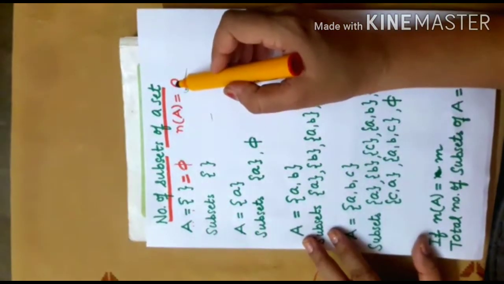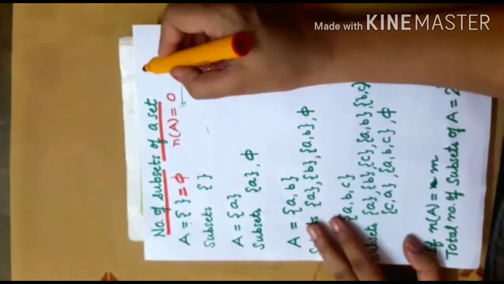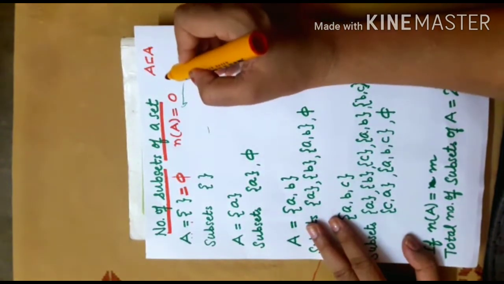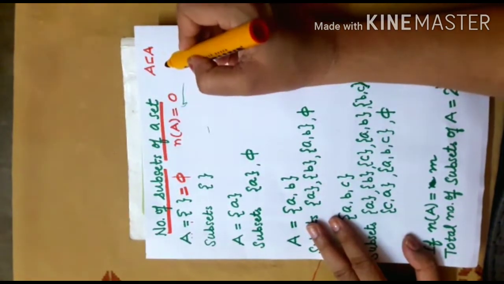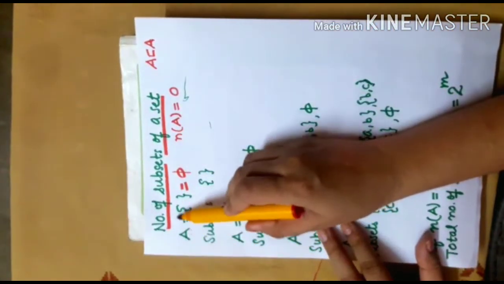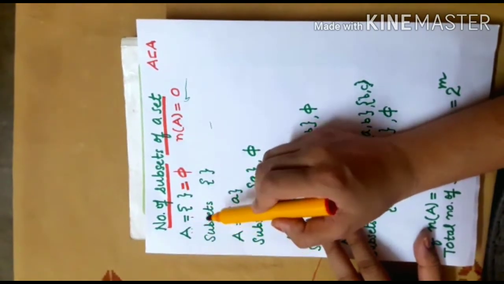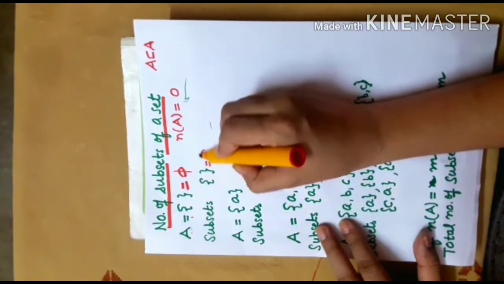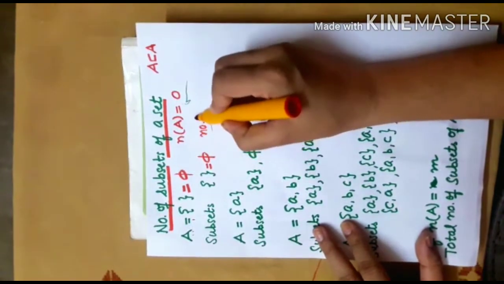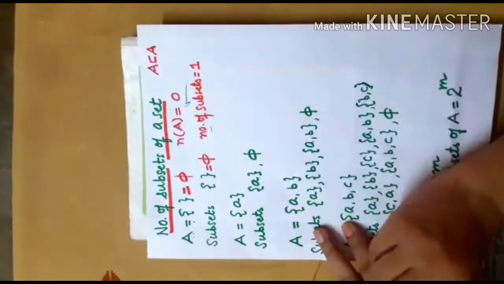We have learned that every set is a subset of itself. That means here A will be a subset of A, and we also learned that the empty set is a subset of every set. So because here A itself is the empty set, this set A will have only one subset, namely the empty set, that is phi. So here the number of subsets is equal to 1.